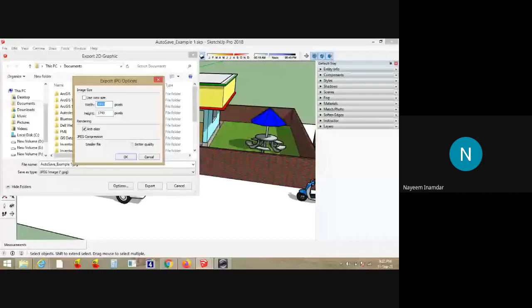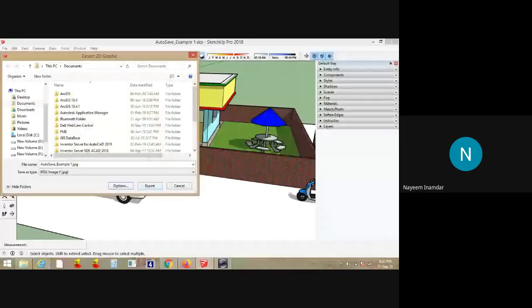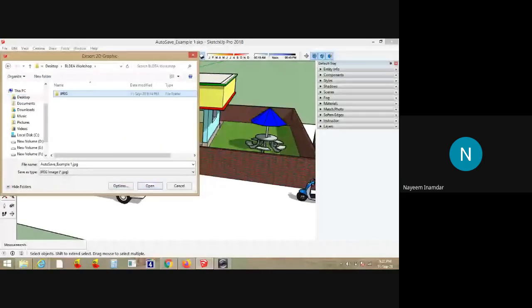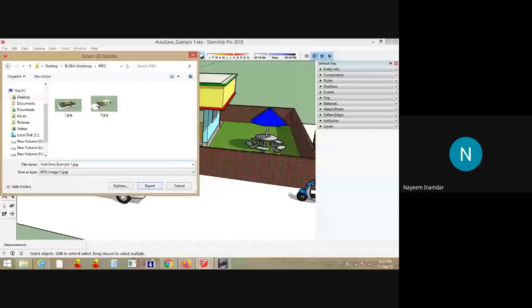That's why that much of a rendering it doesn't provide us. Suppose I give 5000, its resolution will be something different. You can just see here.